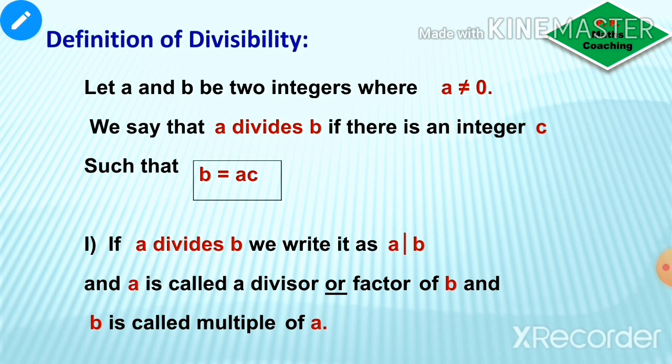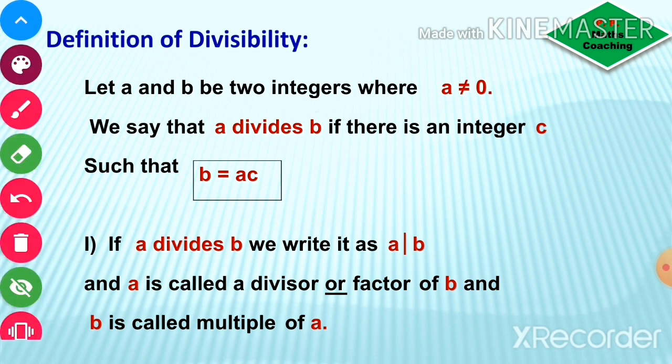We say that a divides b if there is an integer c such that b is equal to ac. That means this equation b is equal to ac is satisfied when a divides b. When a divides b, then there exists an integer c such that b is equal to ac. If a divides b, we write it as a vertical line b by this symbol. How do we write it? A divides b by this symbol,